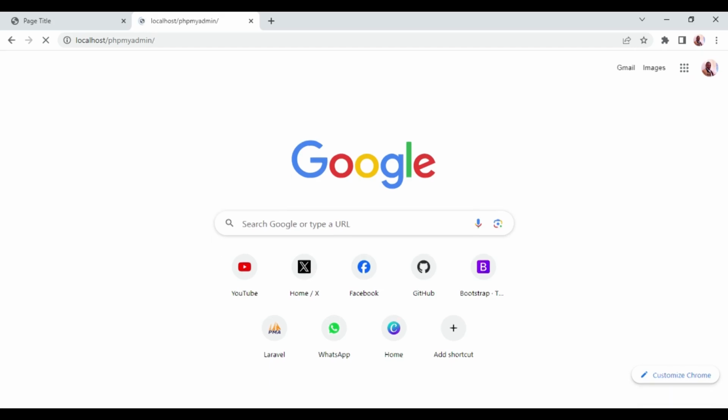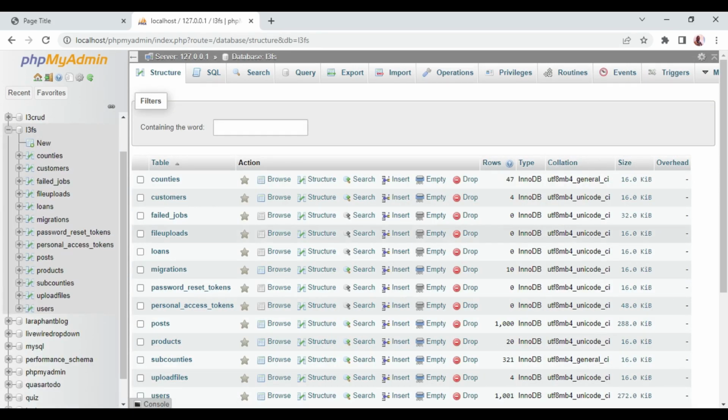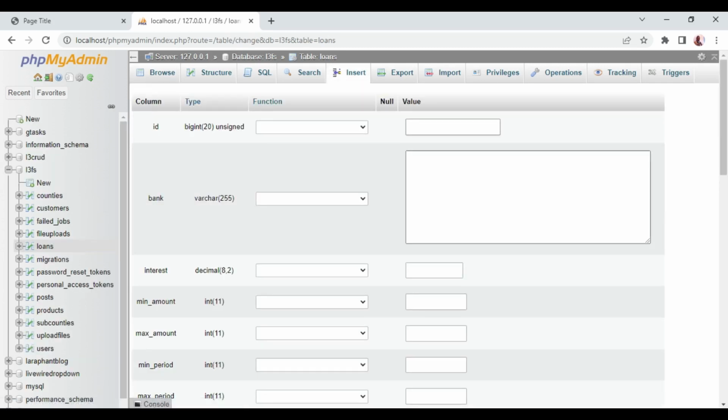Probably we could have created a factory and added them like that. So I'm going to open my table, Livewire 3 from scratch. I think that's our table, and we have our database, and a table here called loans, and I want to insert values. So the first bank, I'm just going to give some names here. I'm going to call it Bank A,